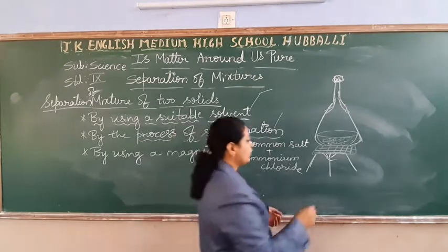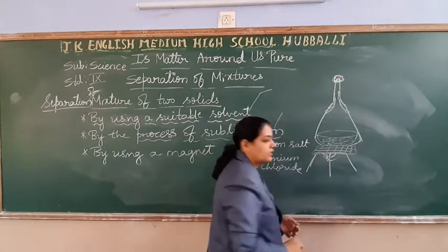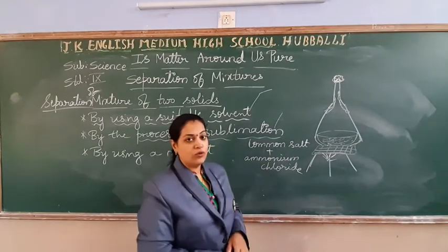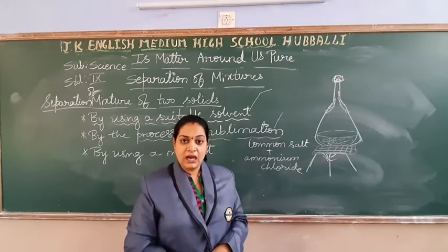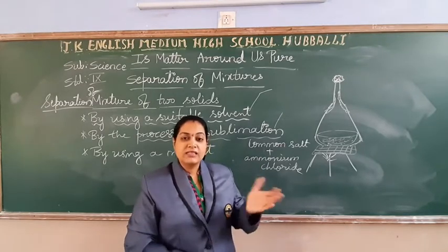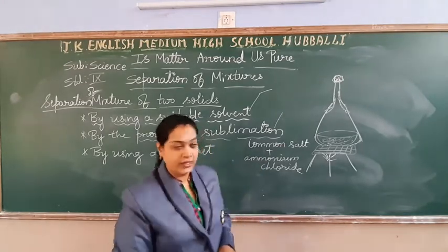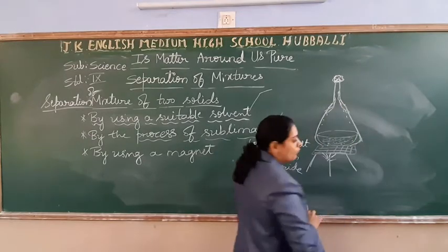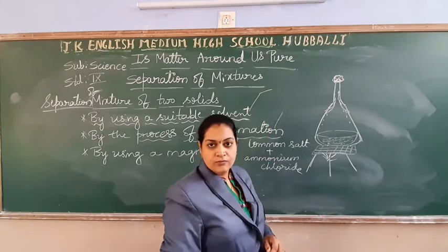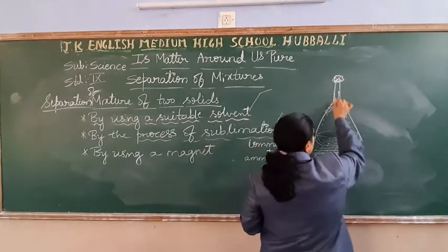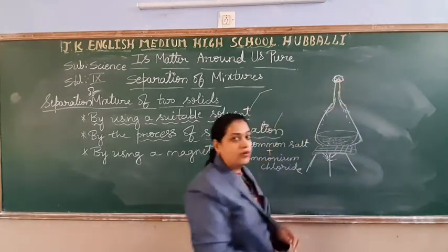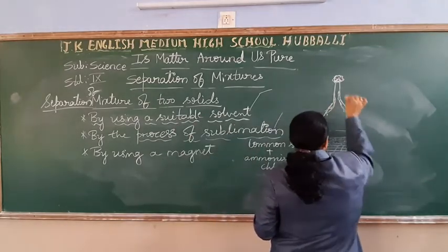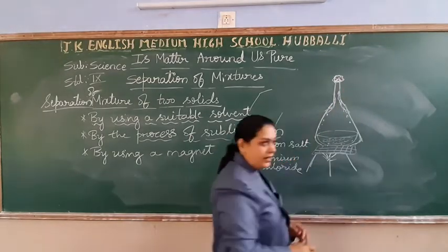Right? Now we are going to provide heat to this mixture. What happens? Ammonium chloride is one of the good sublimates. It will start evaporating, converting into the gaseous state. So this gas starts collecting on both sides of the funnel. It shouldn't escape, that is why we have covered the mouth of the funnel. So on both sides you find a collection of vapors of ammonium chloride.